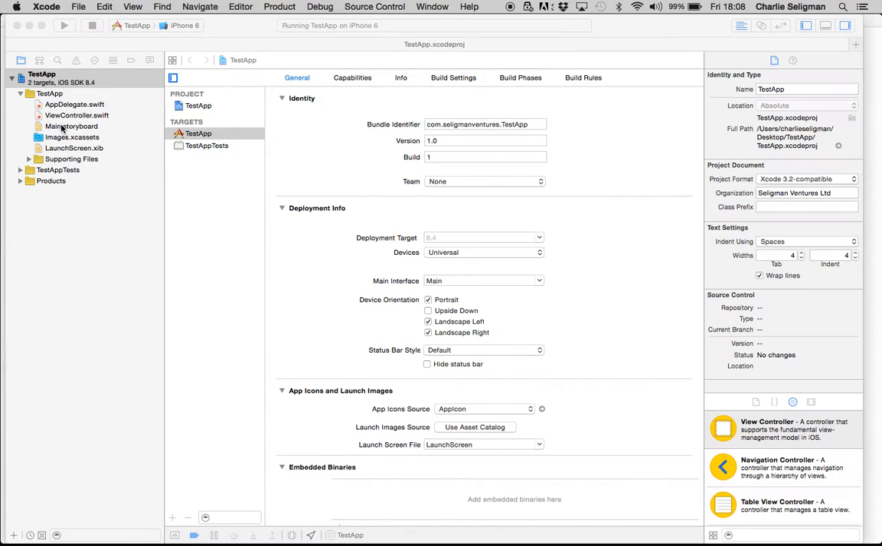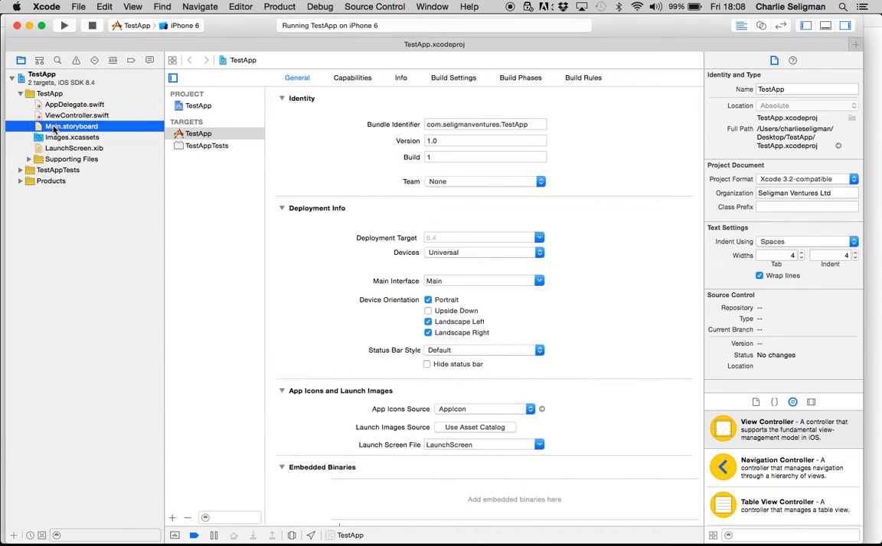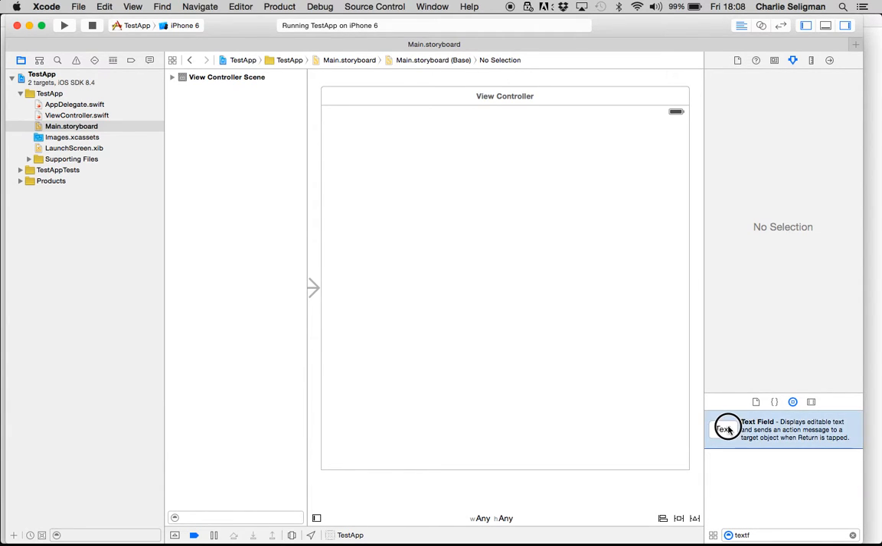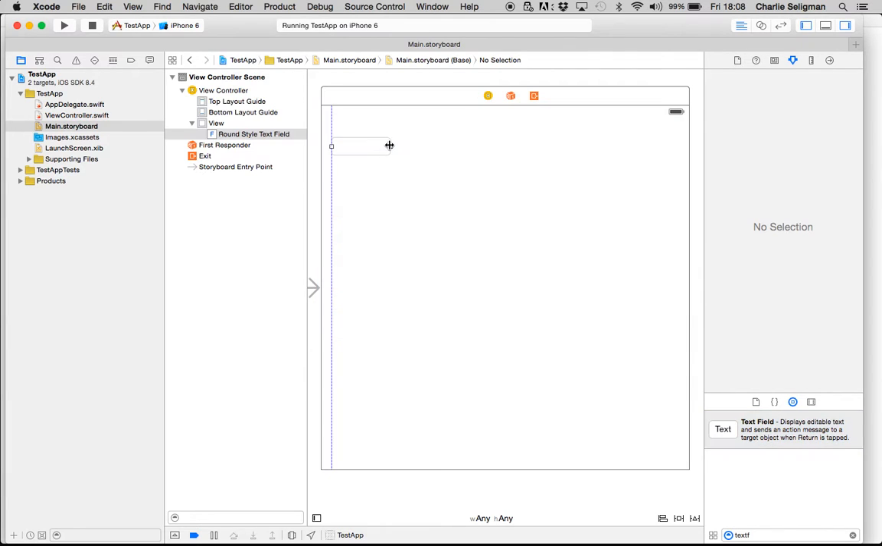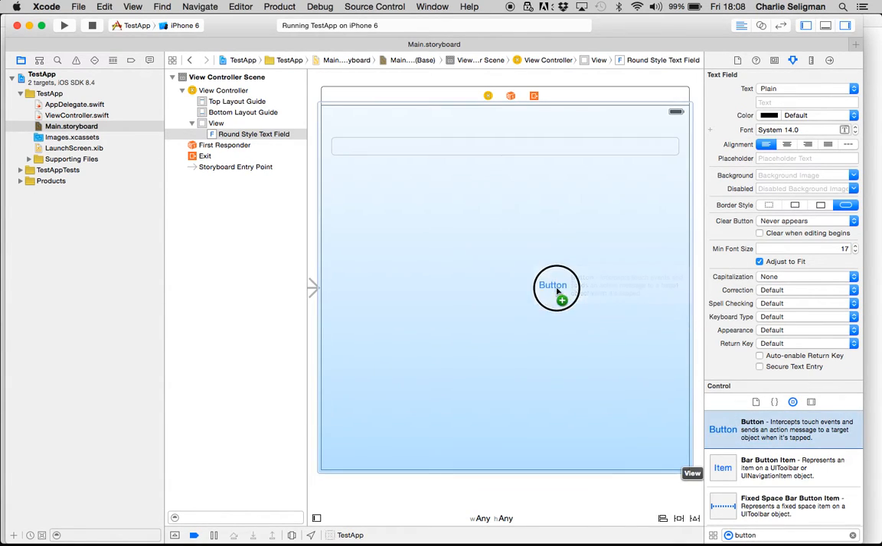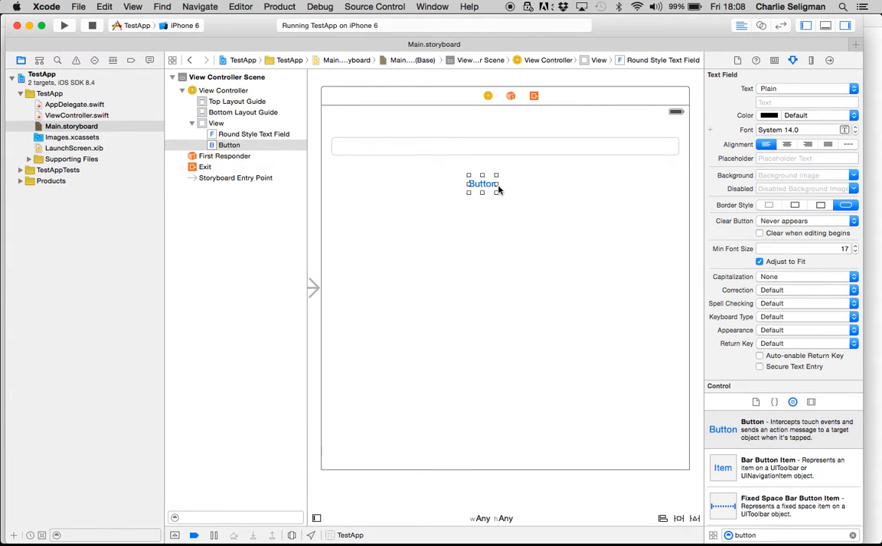So the first thing we want to do is go to our storyboard. So I click on storyboard on the left hand side and here's our main view. Down the bottom right here I can search for different elements on the page. So I want a text field so I can enter some text into my app. So I'll just drag my text field in